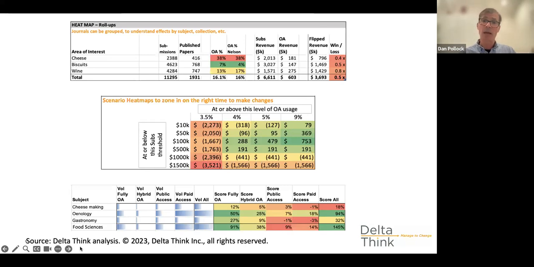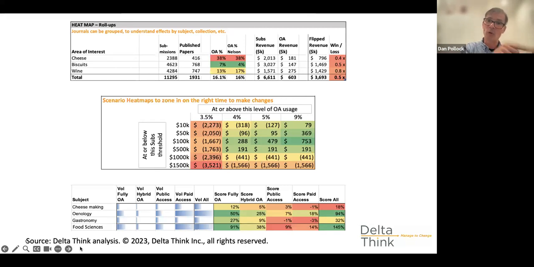The middle table is then another variant on this heat map idea, because quite often you're saying, well, okay, now we understand the lay of the land. Is there some sweet spot? So, for example, is there a level of subscription revenue above which we just want to leave stuff well alone because there's a little bit too much to lose, but below which actually might make sense for us to flip. And then similarly, reading left to right, is there a threshold of open access uptake? A journal or group of journals with very, very little open access uptake just may not be economically viable to consider making open access.